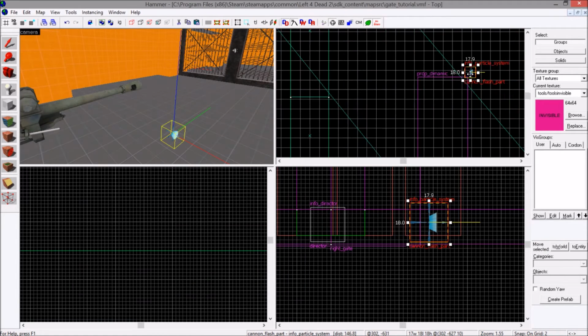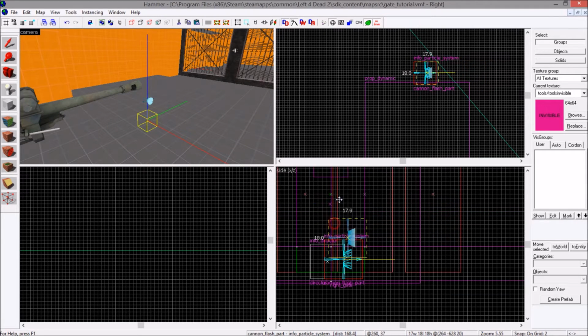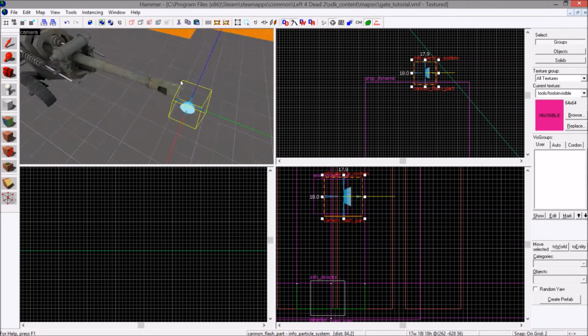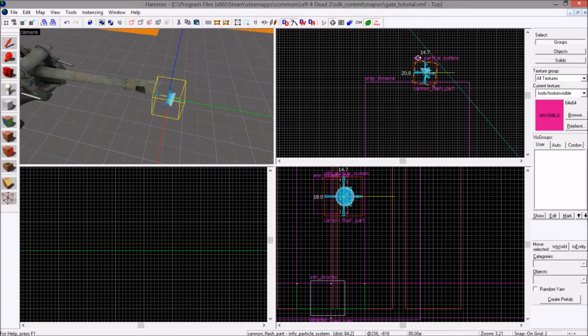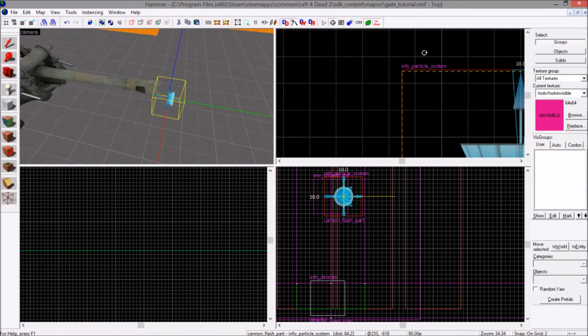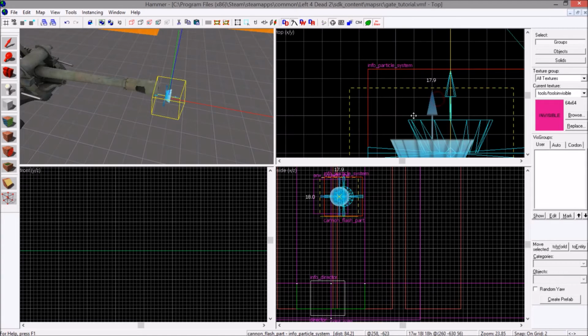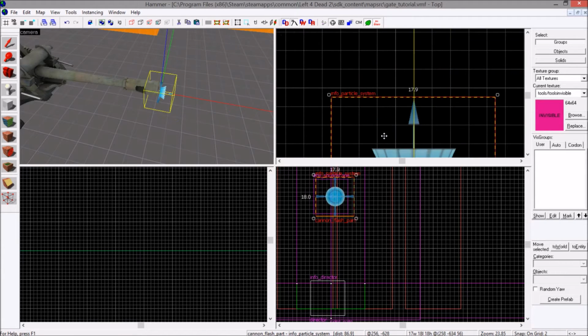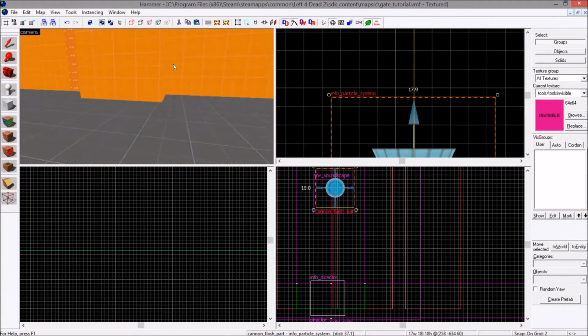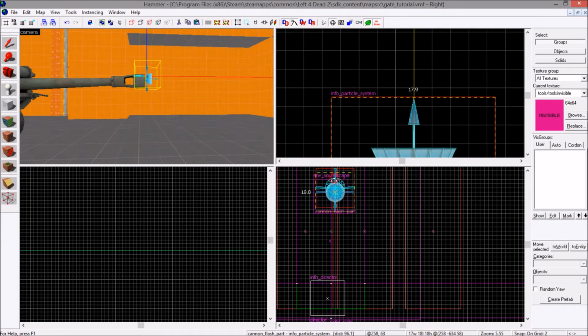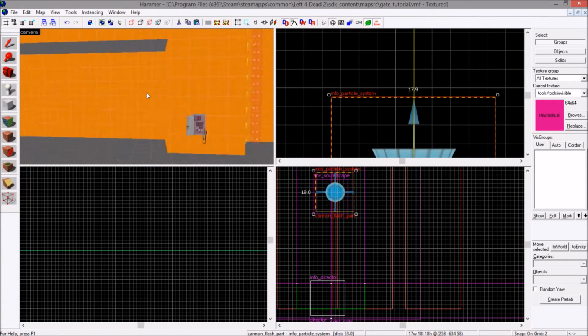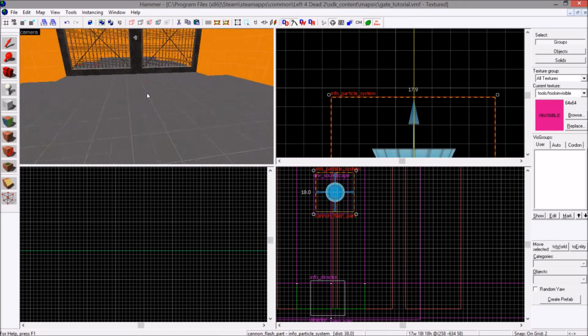Alright. Let's put it at the barrel of our cannon. Just move it roughly into place. Remember, it's creating an explosion. It's a really quick explosion, so it doesn't have to be perfect because no one's going to be slowing this down. There we go. So we have quick cannon flash,